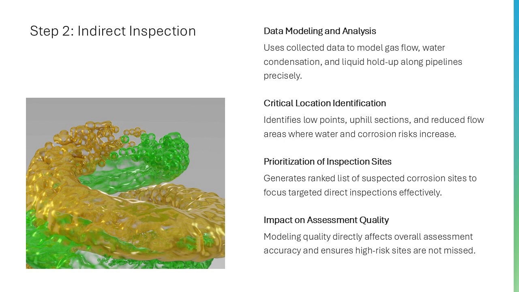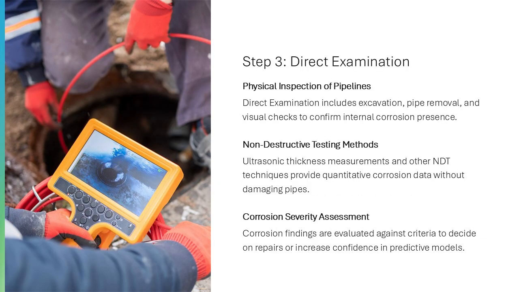This slide explains how indirect inspection transforms raw data into actionable insights that guide targeted inspections. Direct examination involves physically inspecting selected pipeline locations identified during indirect inspection to confirm the presence and extent of internal corrosion. This may include excavation, removal of pipe sections, internal visual inspection, ultrasonic thickness measurements, or other suitable non-destructive examination techniques. The goal is to validate the predictive accuracy of the DG-ICDA model and to obtain quantitative data on corrosion